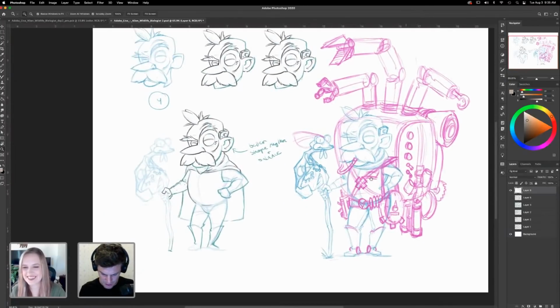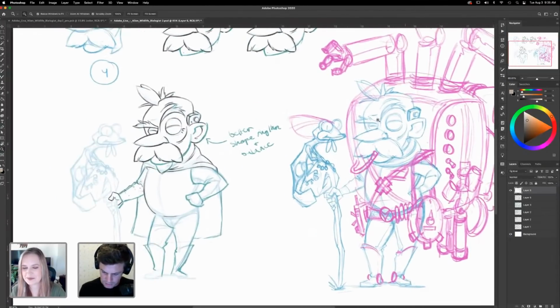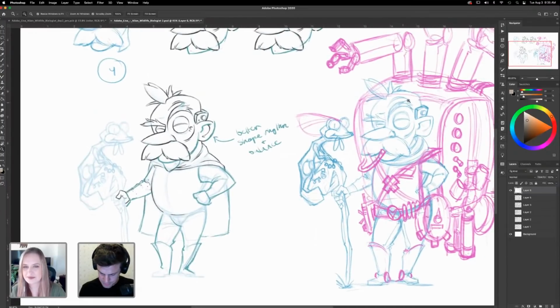So you can kind of compare them to these two. The one on the right was the original sketch. When I started looking at it, I noticed that he had little gator arms, and his legs were a little too big. So I went over here, and I don't know if you guys can tell, but I basically shortened the legs.